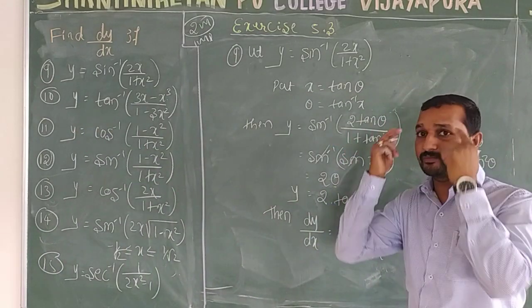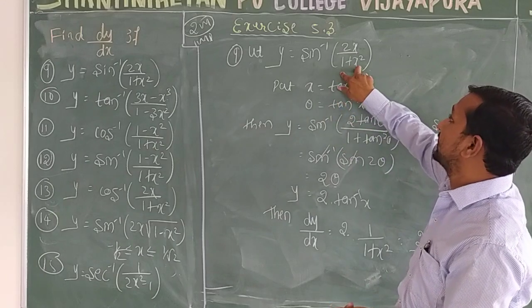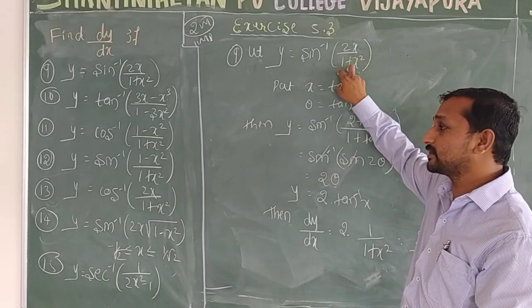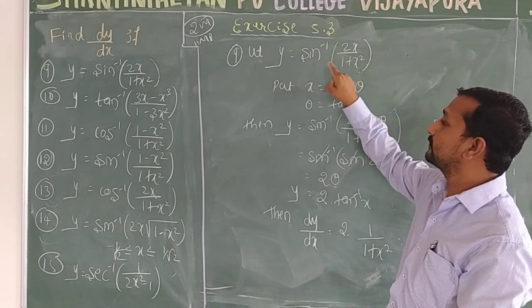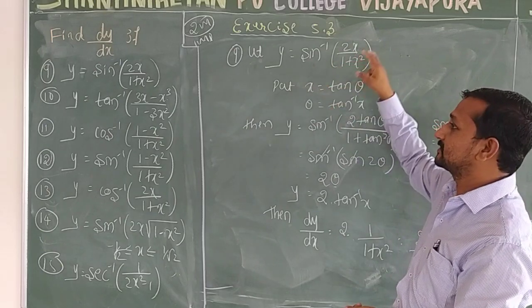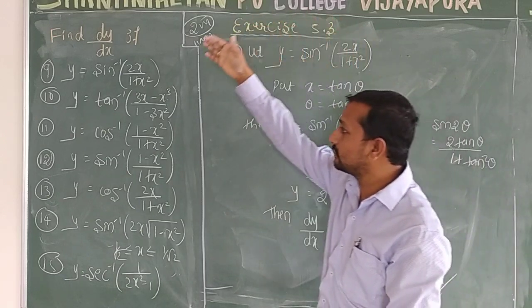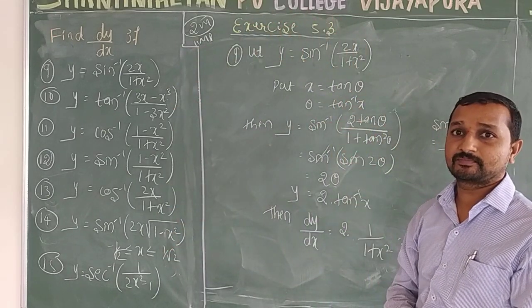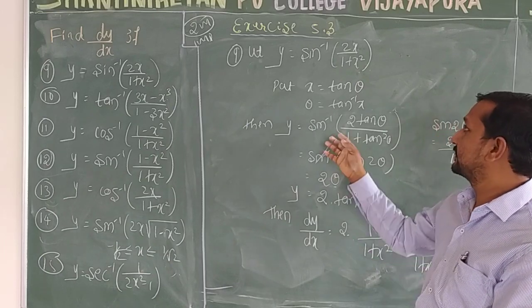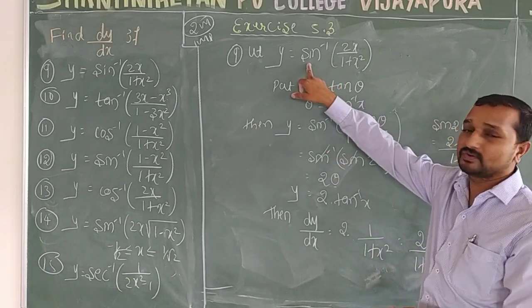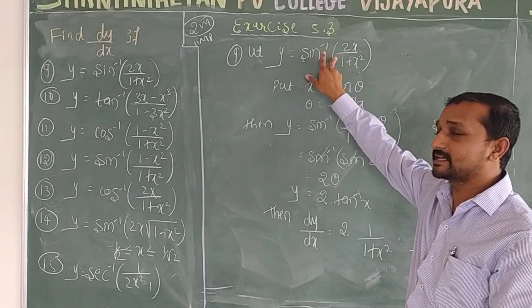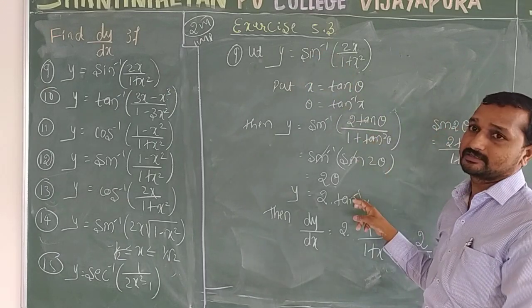Okay? First, students, remember that in the bracket we put some trigonometric functions and we get some important formula. Here sin and sin get cancelled. So all the examples are based on this type of method. Okay? So this is very easy. If a sin inverse function is there, then in the bracket we get a sin function, then sin and sin get cancelled, and the remaining remains.